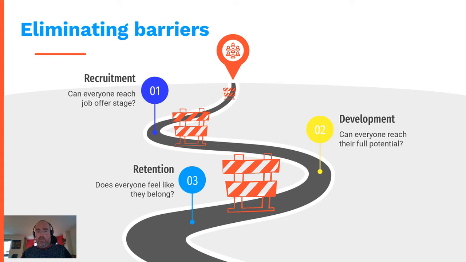So once somebody is in your organization, again, there could be a number of speed humps and roadblocks that prevent them from really developing themselves and reaching their full potential. And again, it's about identifying those speed humps and roadblocks. So as an organization, how good are you, for example, in supporting working parents? Do you create the right environment where working parents are able to thrive? Or do you have a particular culture that makes it difficult for working parents to thrive within the organization?